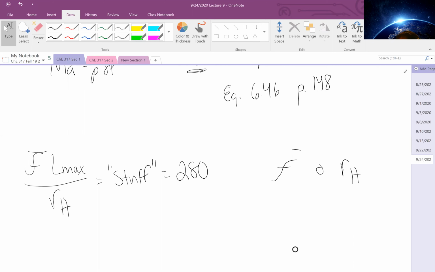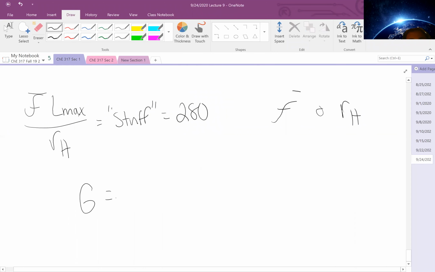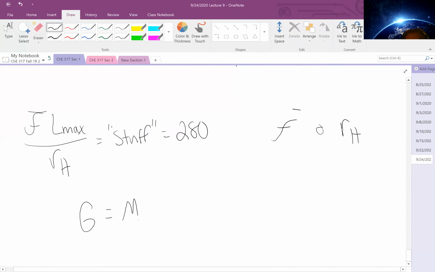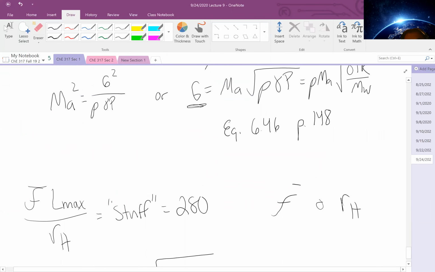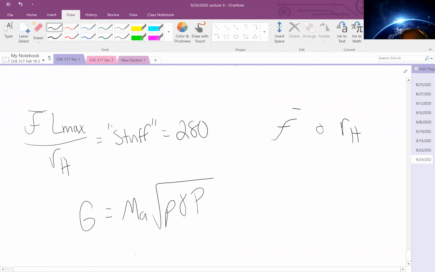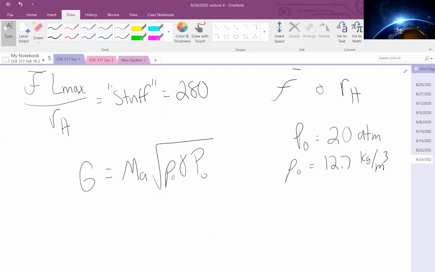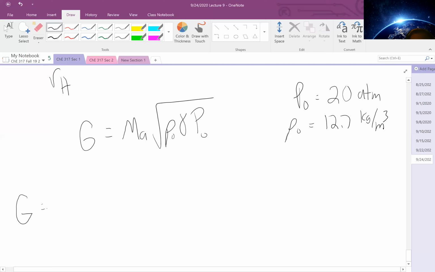Well, we would need to know something about the mass velocity, right? So the mass velocity is the square root of rho gamma times pressure, where I think for the pressure we can use rho naught, P naught. P naught was what, 20 atmospheres, and rho naught from our example 1 was about 12.7 kilograms per cubic meter. And since we're using the same temperature and pressure, our density should be the same as well. So our mass velocity should be